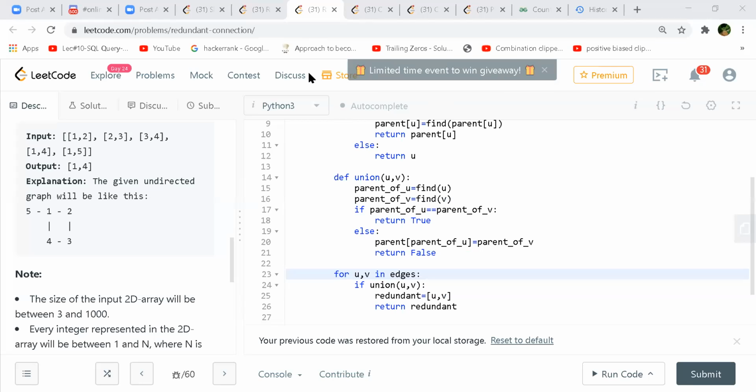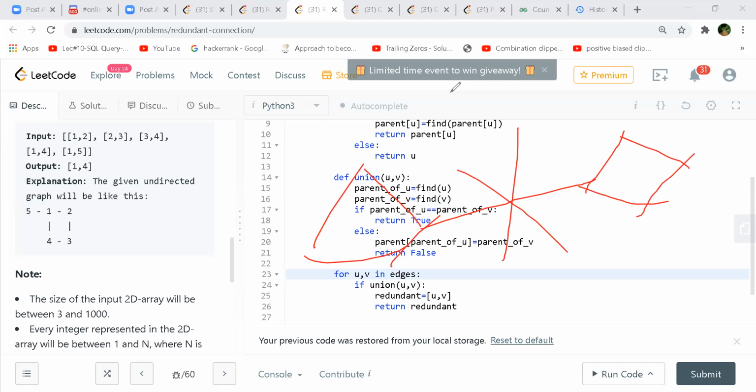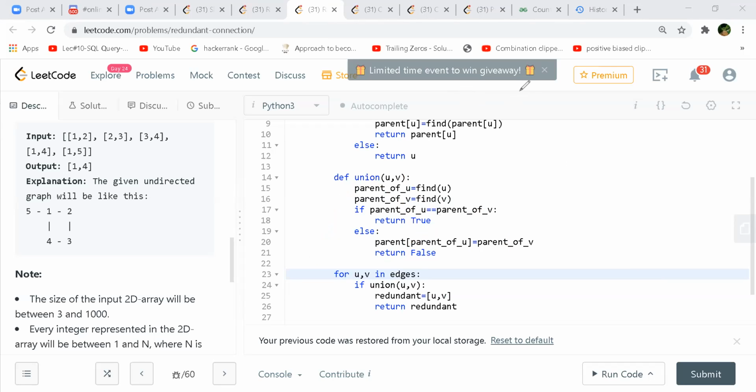What is a bridge? If you remove that bridge, then you get more connected components. You're partitioning your network actually. It's a critical link: if you break that link, then you won't be able to reach 5. So that is a critical link which should never go down. Yes, correct. Then they will become disconnected, right? Okay, that thing is known as a bridge.